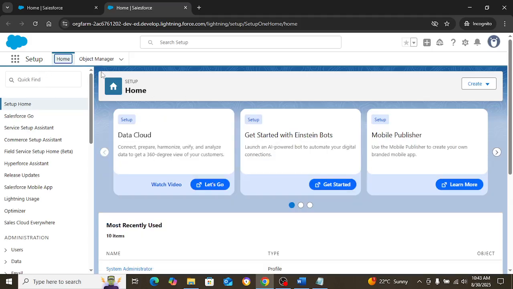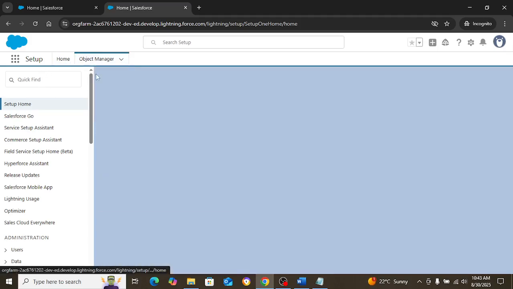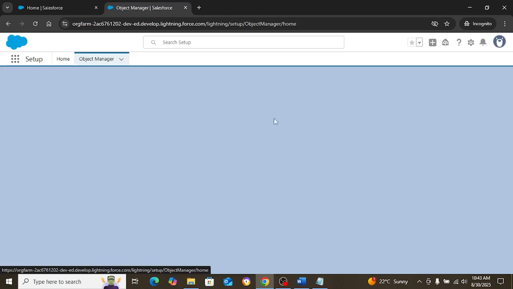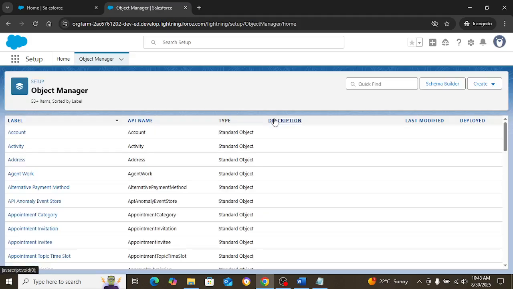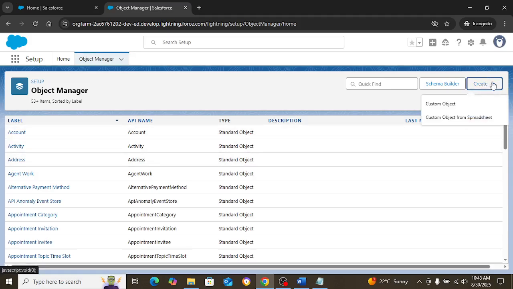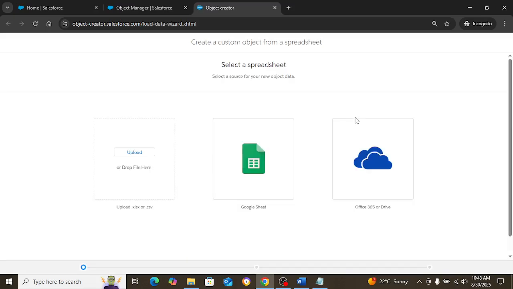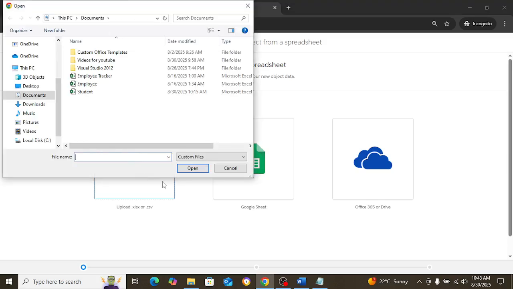So now I'm in setup, and then I'm gonna go to Object Manager. Then in Object Manager, there's this button here that says Create. You click on that, and then you click on Create Object from Spreadsheet. Now I'm gonna upload a file from my computer, and this is the spreadsheet that